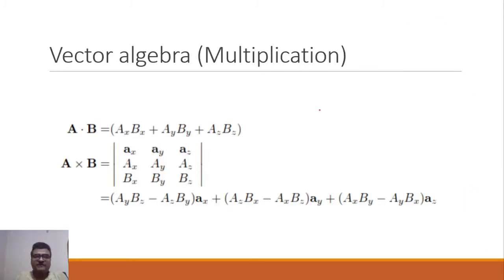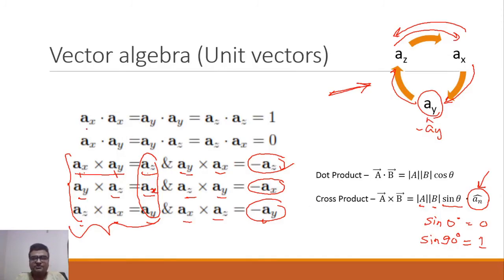So now coming to actual multiplication, we have two vectors, let's say A and B, and they have coefficients AX, AY, AZ and BX, BY, BZ respectively. We have seen in the previous slide that multiplying two similar unit vectors will only result in 1. If you multiply any orthogonal vector, because we only have three vectors here which are all orthogonal to each other, if a unit vector is not multiplied with itself, it will be multiplied by a perpendicular vector. So we'll get answer 0.